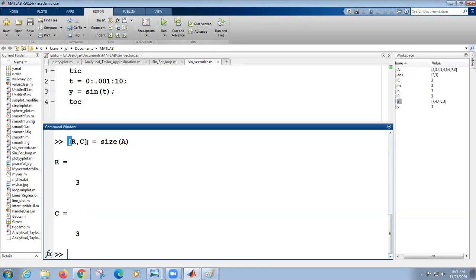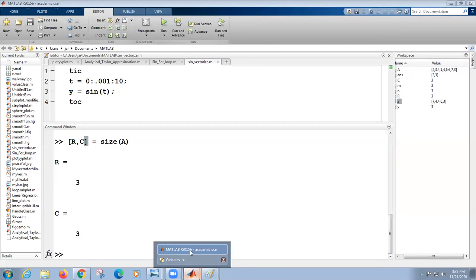I gave square brackets here, which means you treat the returned values as a vector. I know that size of A will return 2 values, one for row, the other for column, and I want to treat that row and column as a vector of elements. Therefore, I give square brackets. In MATLAB, whenever you give square brackets, you're treating things as a vector. Okay, that's it.